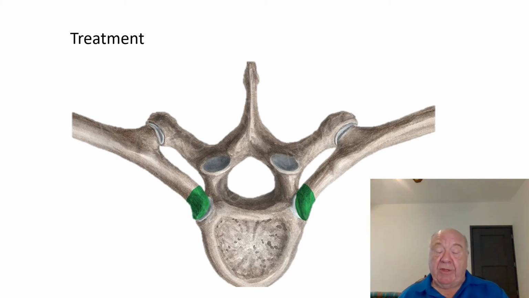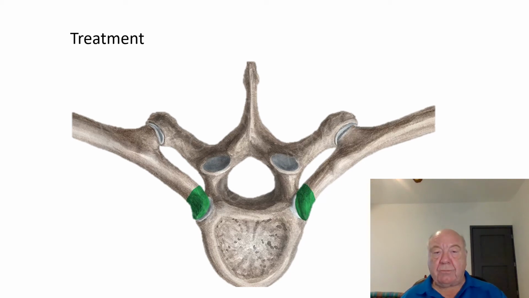But what we're modelling this way, and it's an easy way to imagine it, because the manipulation that's primarily used is a distraction manipulation of this joint. Now, you can manipulate dorsolateral and ventromedial glides, but they're more difficult to do. And if the easy one, the costotransverse distraction technique, works, there's no reason to even think about the other two. And this does work. This works probably 95% of the time. There are also thumb techniques you can use instead of the formalized sort of manipulation, but we'll look at distraction